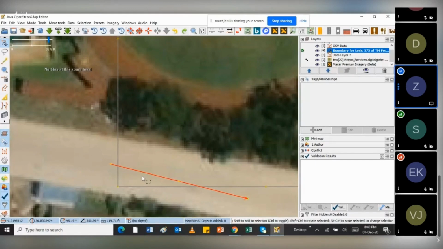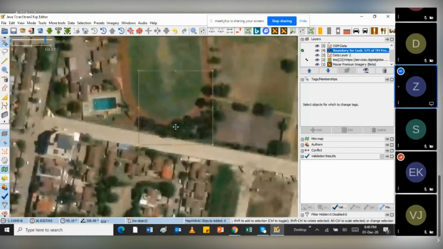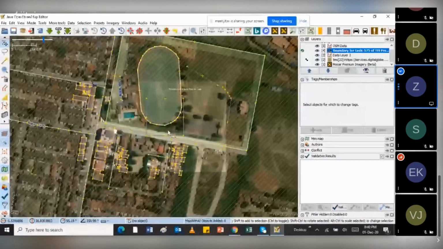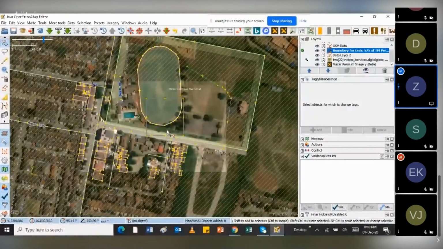Once I added this, I think the next thing I was supposed to do was to download. That's why I can't upload, and you find the road is already there. I think this is why people don't prefer JOSM, because it's a bit complicated.